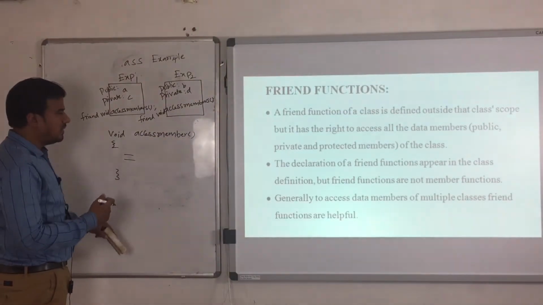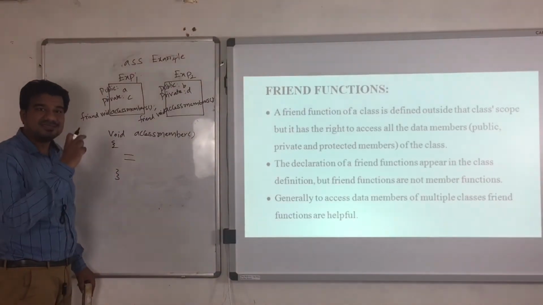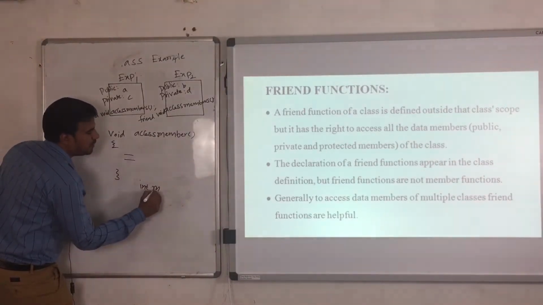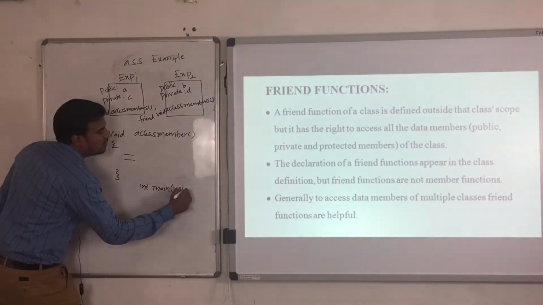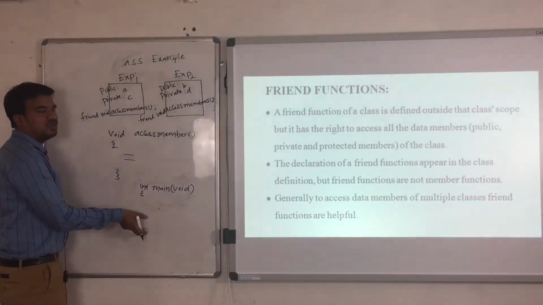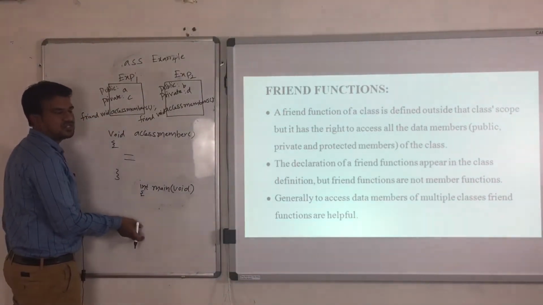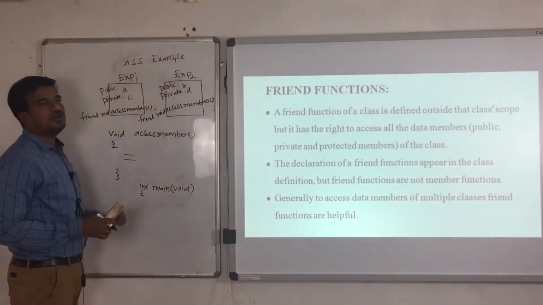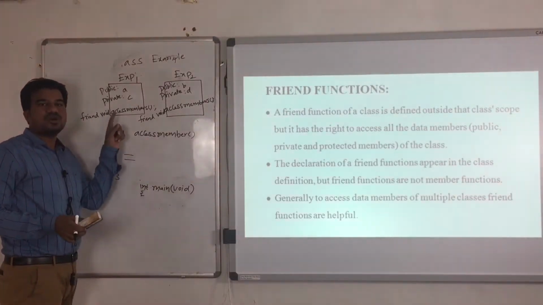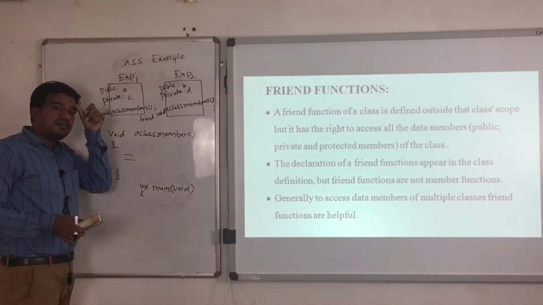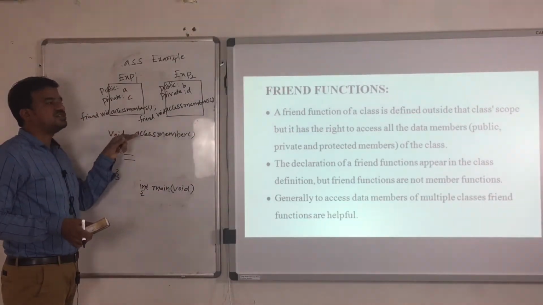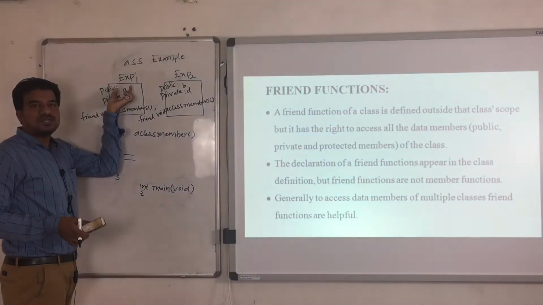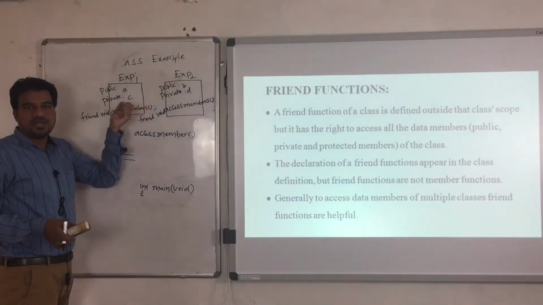Now the calling or the invocation. Generally where we do that invocation, inside the main function we do the invocation. So int main of void. So inside this main, when you do the invocation of this friend function, generally if it is a member function, what you need is the object of the suitable class in order to invoke the member function. But right now this friend function, as it is not limited to any particular class, whether you are going to use exp1's object or exp2's object, it is a big question, isn't it?